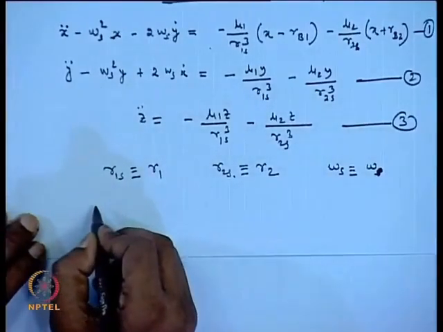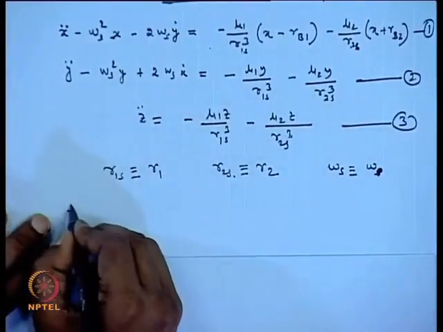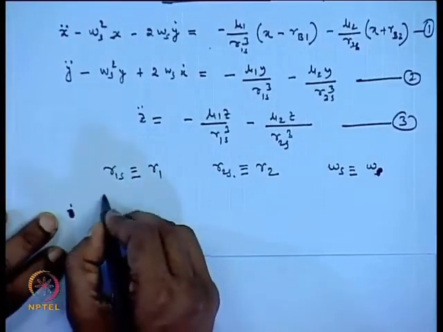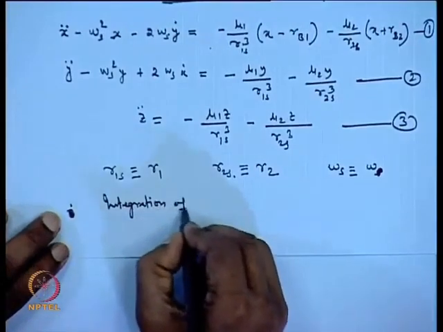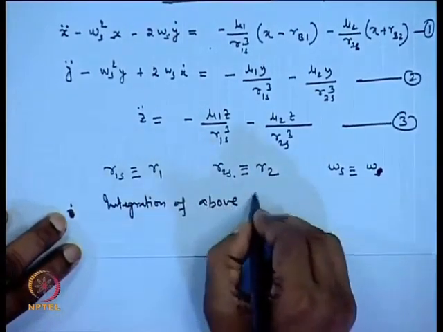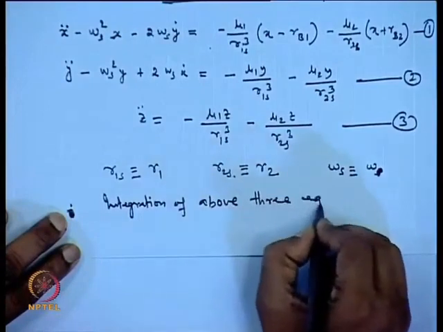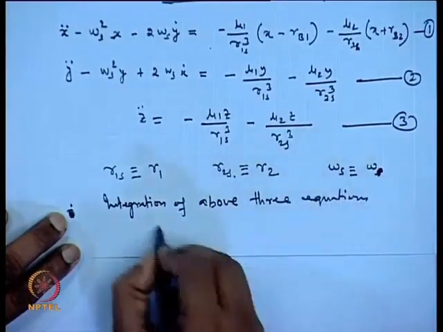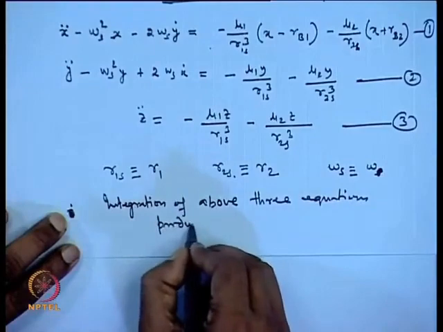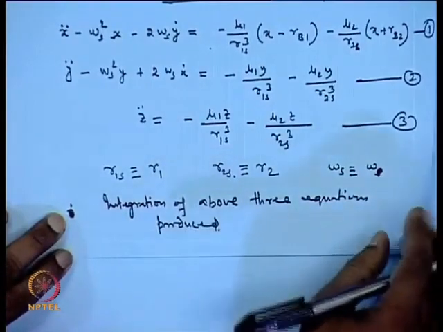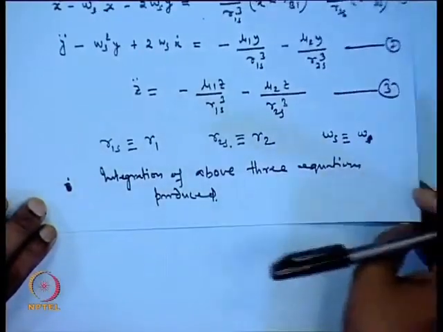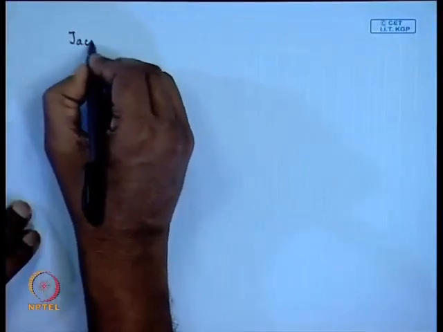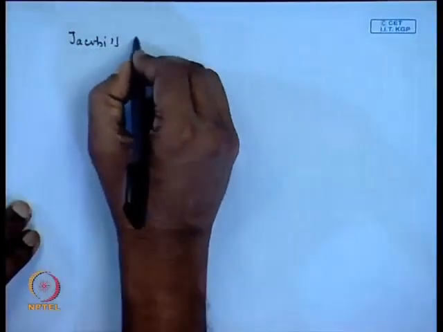Okay, so that we wrote as integration of above three equations produced Jacobi's integral,